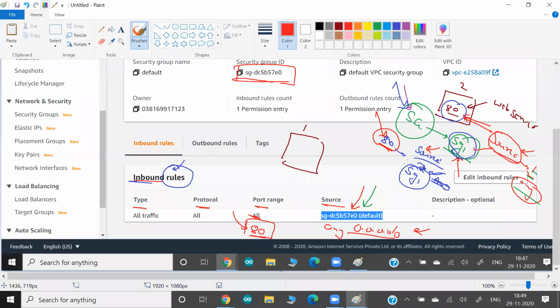it means any computer, IP1 or maybe IP2, because whenever you launch any instance in AWS, it is compulsory to attach a security group. Maybe the security group might not have any rule, but it is compulsory to attach one, which means everyone will have at least one security group. Let's say this computer has the security group called security group 3, this computer has security group 2, and this computer has security group 1. Maybe they have rules, maybe they don't, but at least we have to attach one security group. Okay, and now this computer,